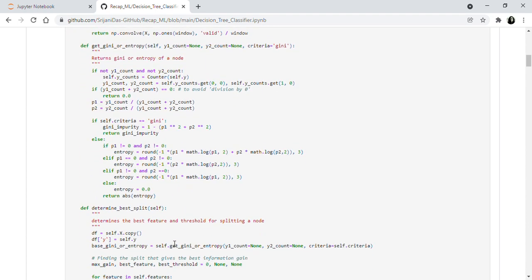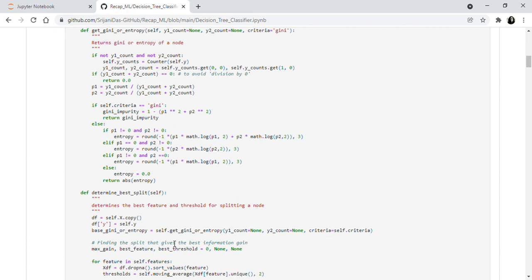So for a decision tree, which is a collection of conditions basically, based on those conditions we are splitting the nodes and we are separating the zeros from ones, the yeses from no's, and so on. So for doing that, we need to use a criteria, be it Gini index or entropy. So I have defined a method get Gini or entropy. This is basically for both of the criteria. So whatever is the criteria, for a particular node, it will return the Gini impurity or the